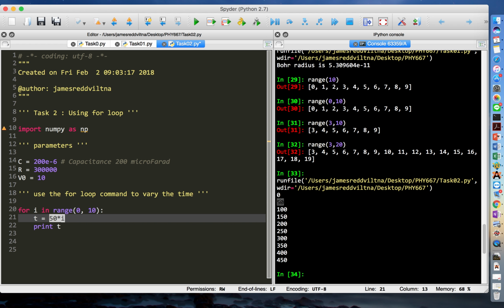Yeah, and for the next one we get 100 because it's 50 times 2. So here, this is how it works. And then after that, if we want to calculate the charge, of course we can do that. Okay, so we will just do Q equal